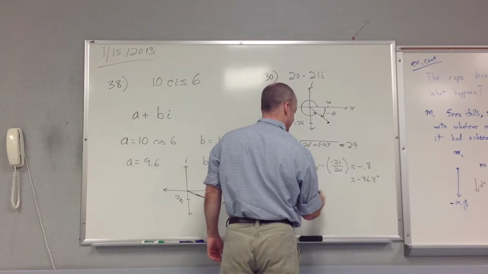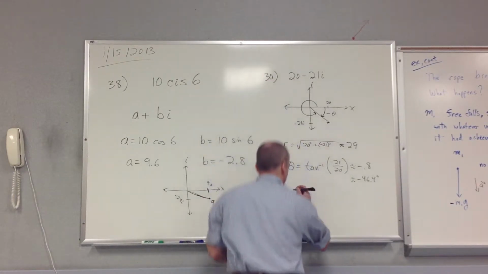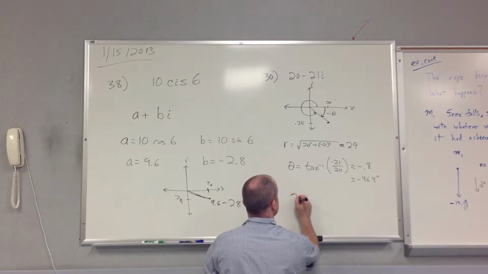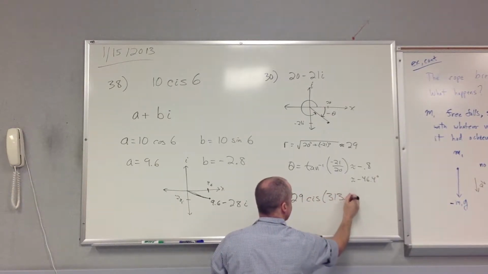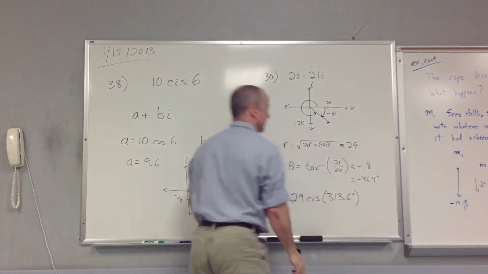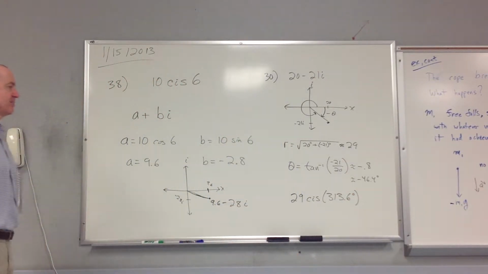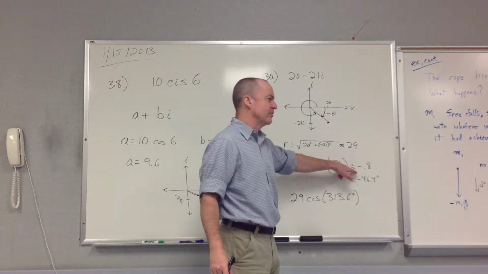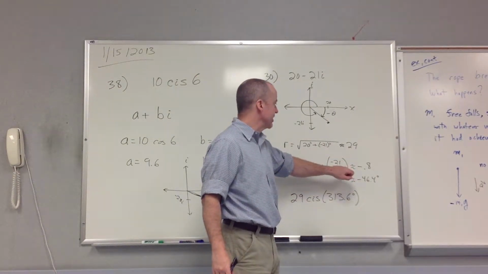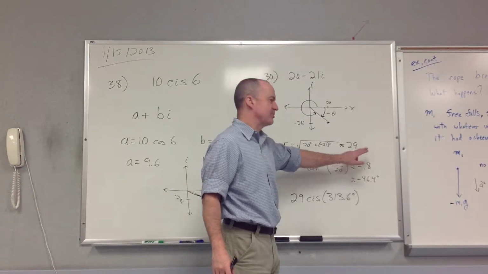313.6. Okay, so our complex number is going to be 29 cis 313.6 degrees. It's not exact because it's not multiples of pi and perfect square roots, but that'll get you there. Does it matter if you do it in degrees or radians? No. In radians it would be about 5 point something. You would take 6.28,